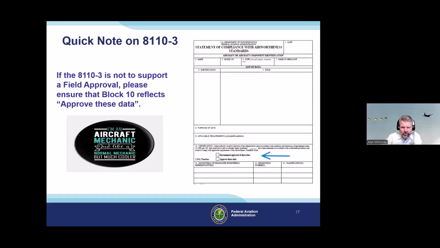If you need this alteration relatively quick on your schedule, you need to hire a DER or the appropriate designee, depending on what you're doing. So you need to hire the DER, have the data approved, and move forward. If you want to field approve it, we are happy to do that. FSDO is still field approved. The best thing you can do is use Advisory Circular 43-210, complete your field approval data package, submit it to